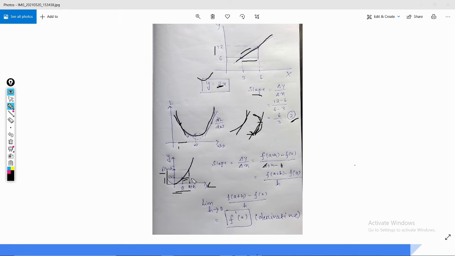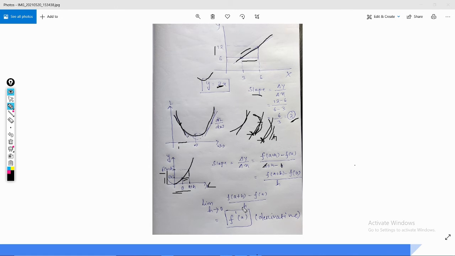So this particular distance. Here, what I've shown you is, if you draw the curve and find the tangent line, if you want to find the tangent for this particular point, this is nothing but the h distance. So we need to reduce or minimize this distance to 0 to find out the tangent at this point.